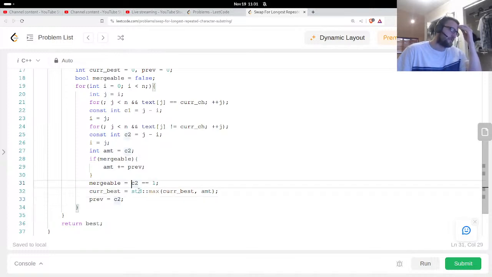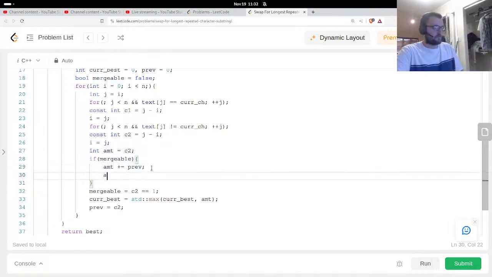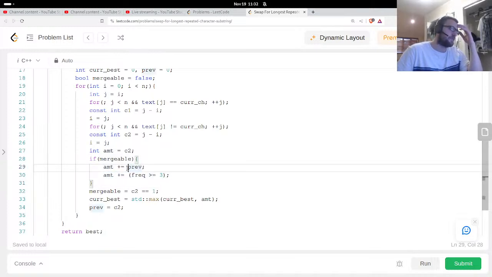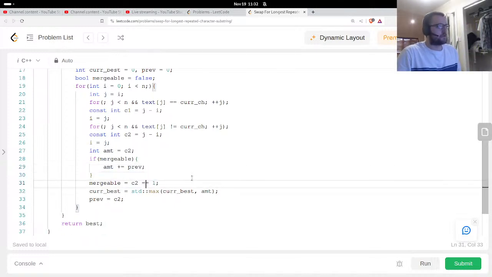Now, also, if the frequency is greater than or equal to 3, then we add 1 here. So if it's mergeable, we put them together. If the frequency is greater than or equal to 3, I think at every point, if the frequency is greater than or equal to 3, we say